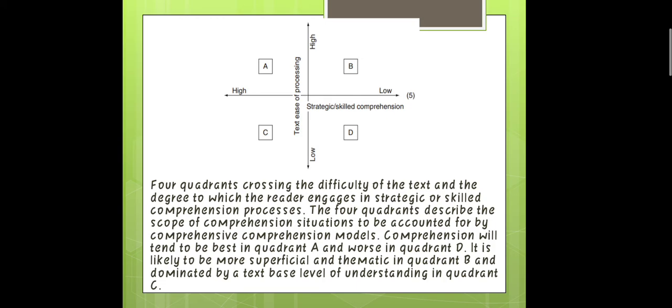For the quadrants B and D, I think this can relate to the bottom-up model, since in the bottom-up reading model, the parts of the topic are given to the learners by the teacher, or in other words, it might be spoon-fed to the learners, whereas A and C can be related to the top-down reading model, since the top-down reading model makes use of inferencing and prior knowledge or schema.